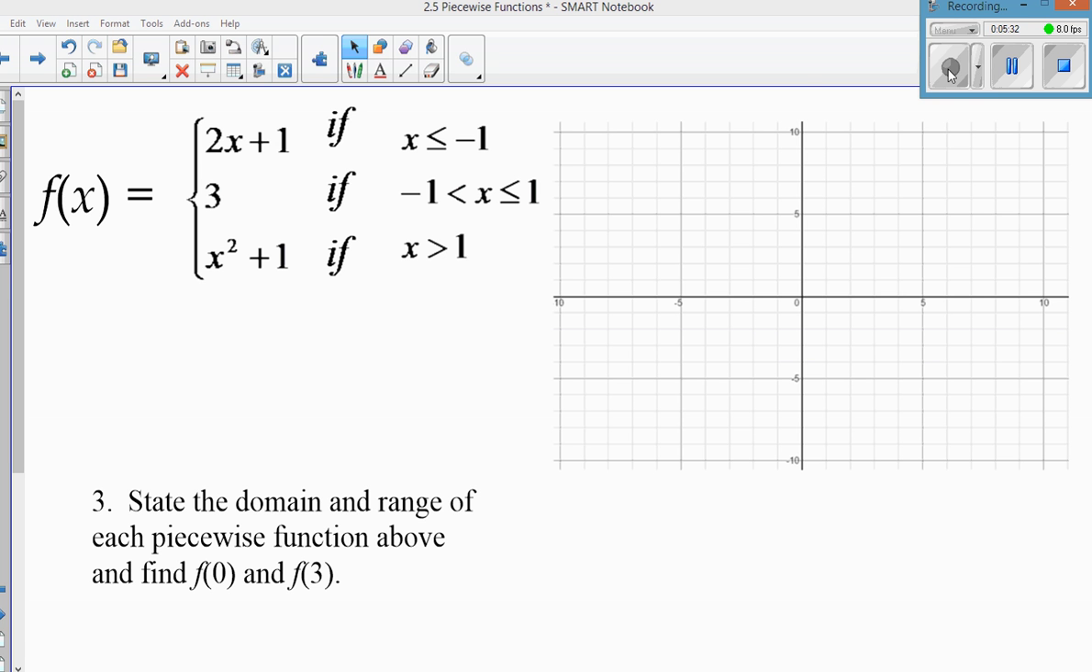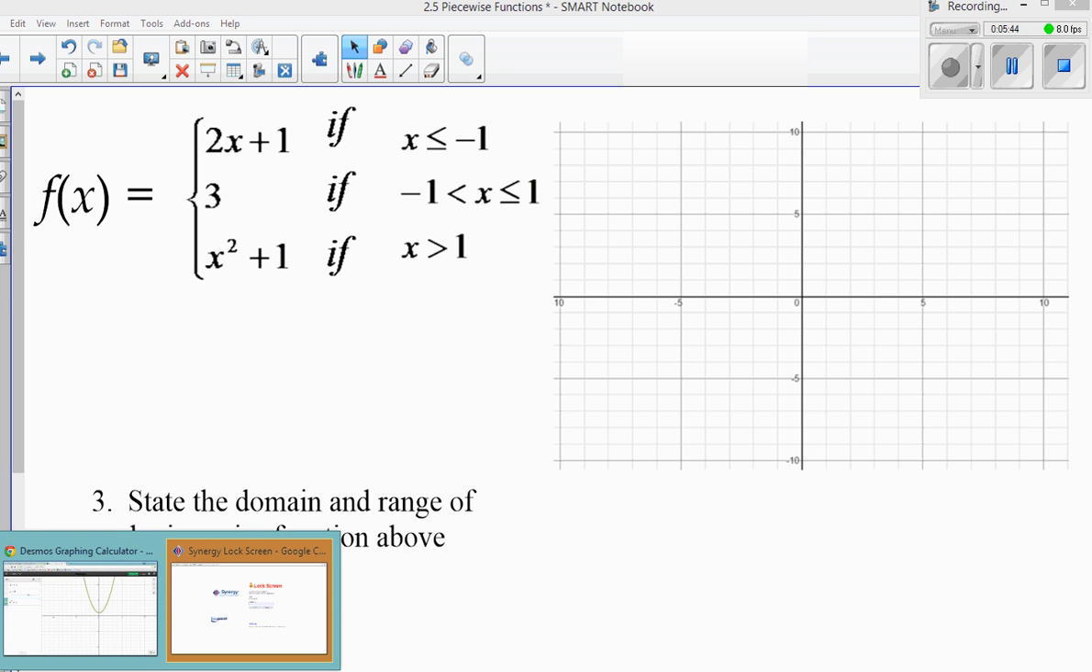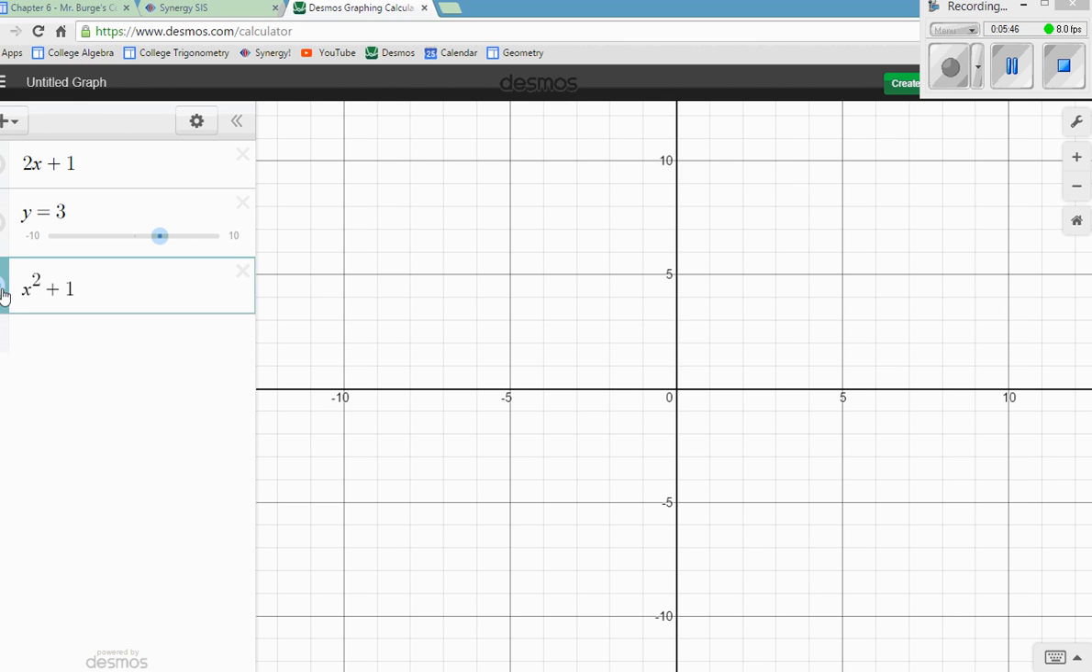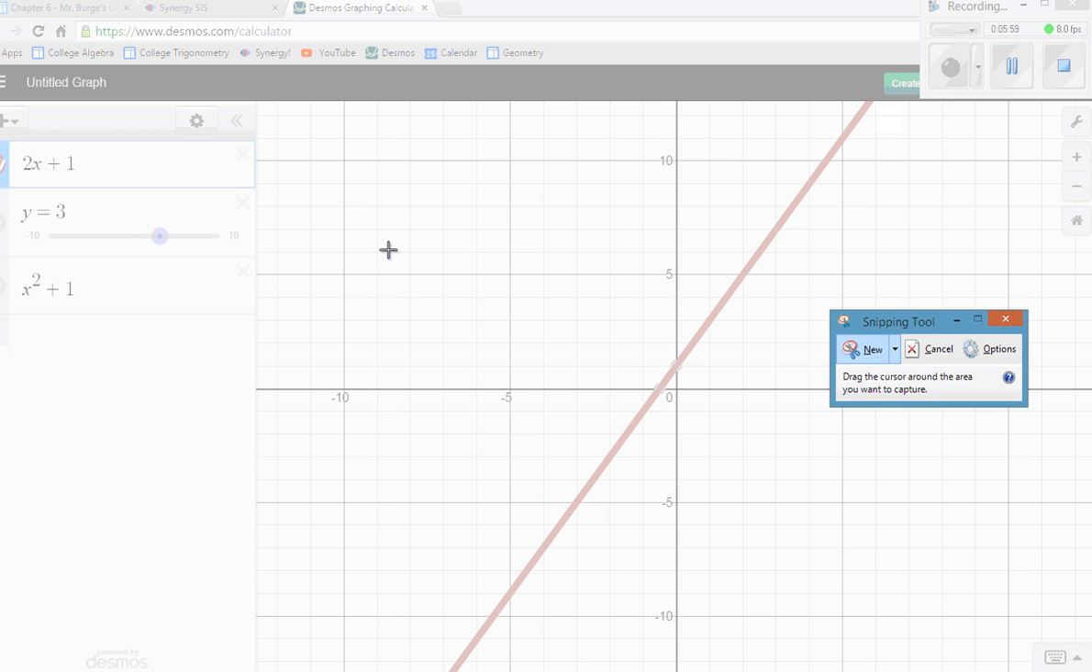All right, in this piecewise example here, we have 3 different relationships defined over 3 different intervals. So 2x plus 1 is going to be for all x values less than or equal to negative 1. So if I go to Desmos, I go ahead and turn on 2x plus 1. I know that our function is going to be defined from negative 1 and to the left of that. So I'm going to go ahead and snip all my values of my function from negative 1